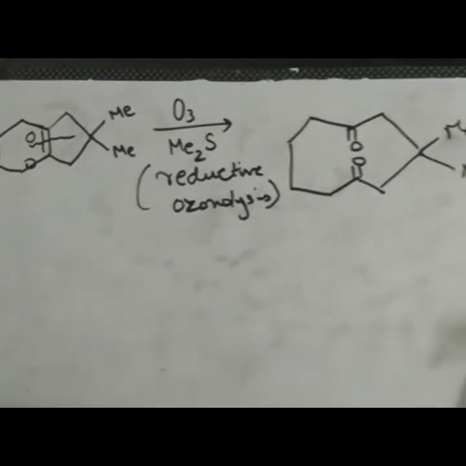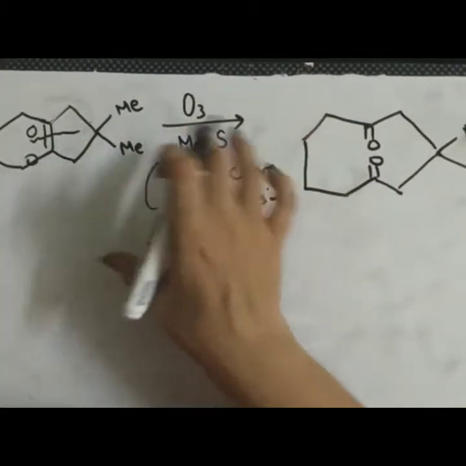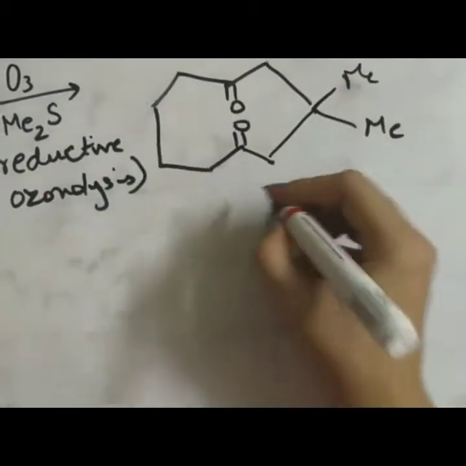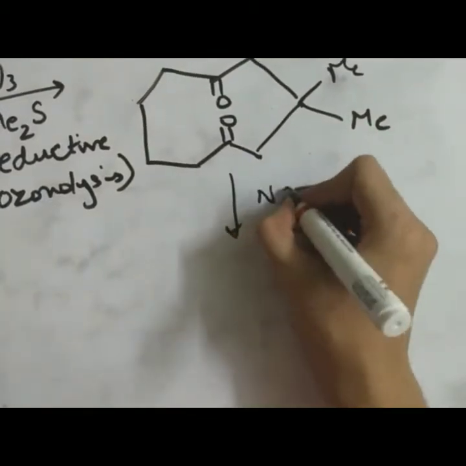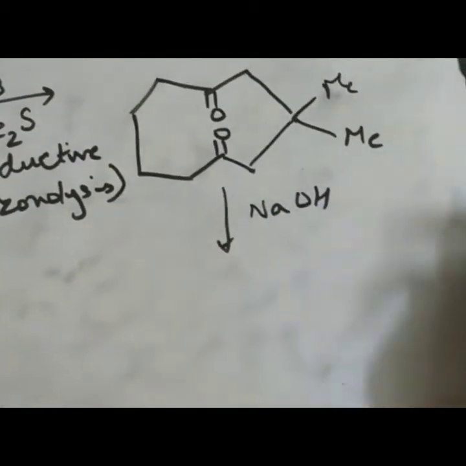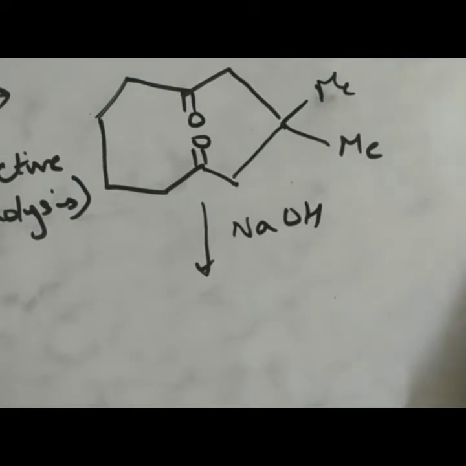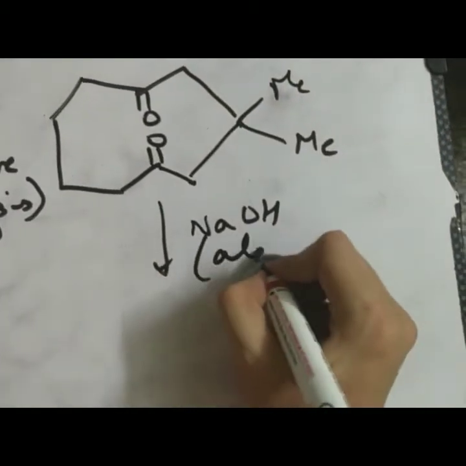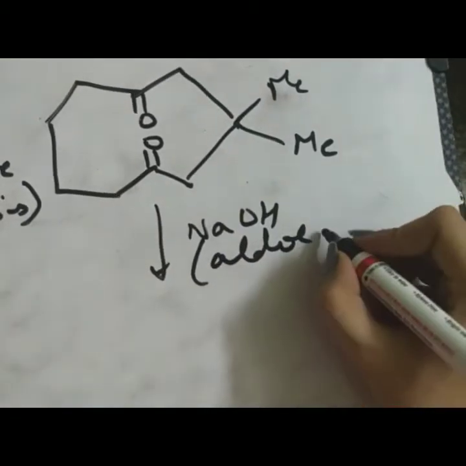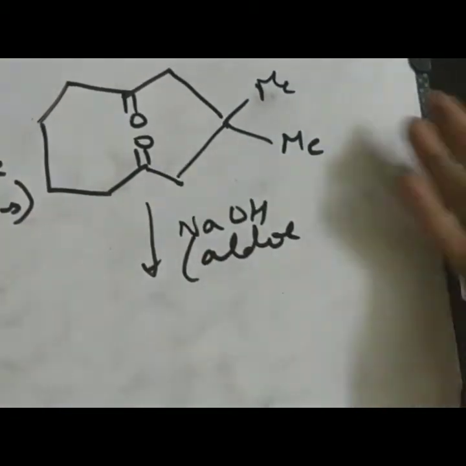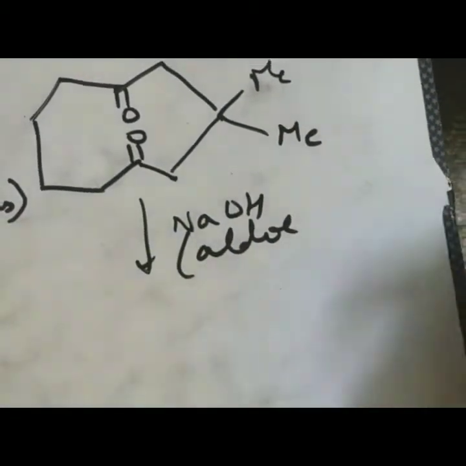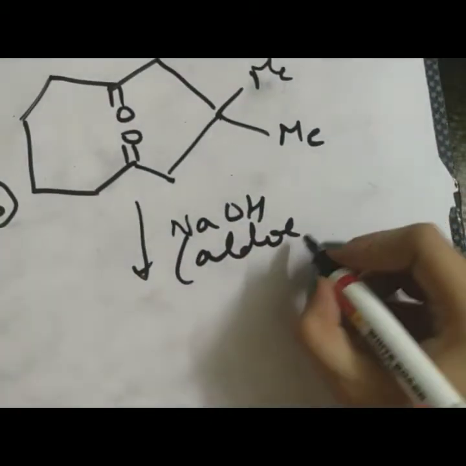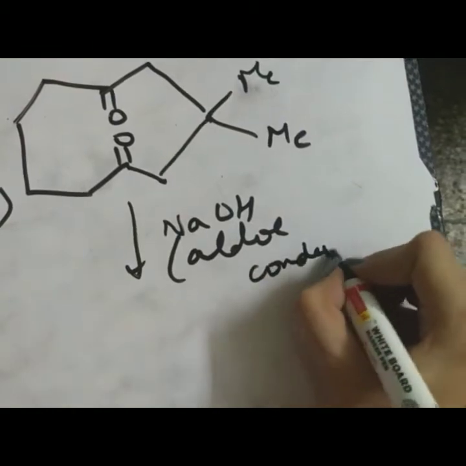So it is like this. This is the first step, reductive ozonolysis. And then next, we have added aqueous NaOH, which will act as a base. OH minus will act as a base and will extract a proton, and this will be an aldol condensation reaction in which hydrogens adjacent to the carbonyl will be removed, and an enolate type of structure is formed which attacks another carbonyl in the molecule. I'll just show that to you.